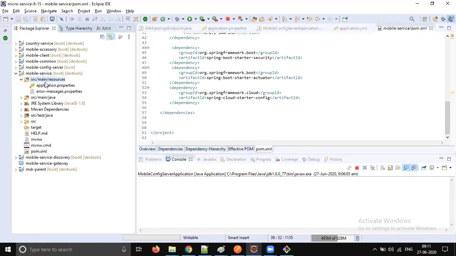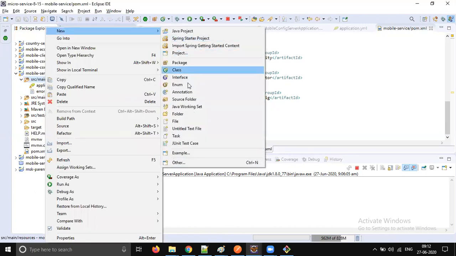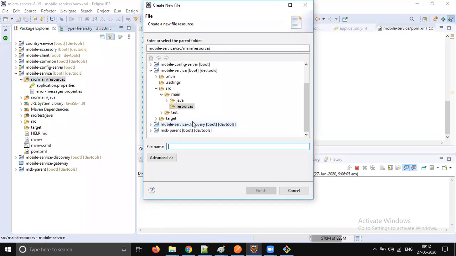We are going to use bootstrap.properties. Let's create that file. Okay, so bootstrap.properties is going to load while your Spring application is loading.